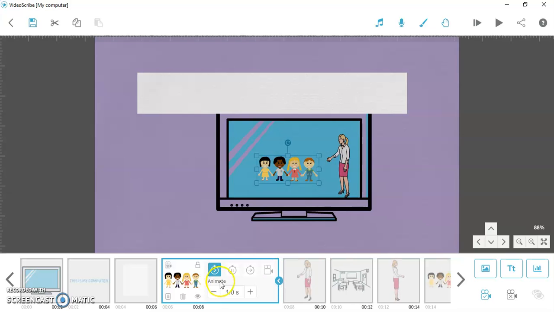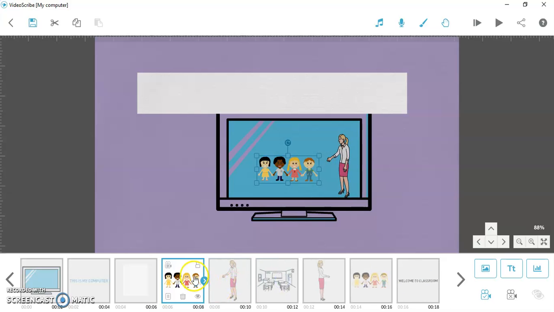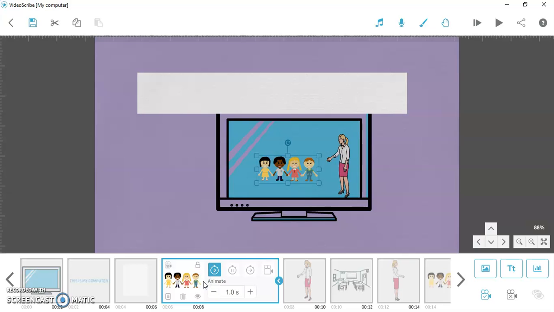So over here with this side arrow button we can open the quick menu bar. So over here we can get the particular settings for animate time. Here is the pause time for that particular element in your scribe.